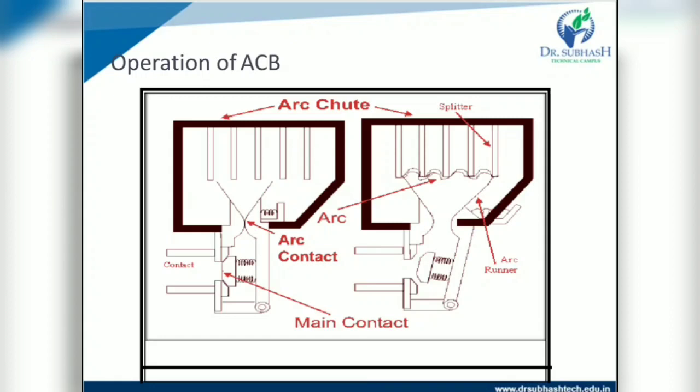Now the working of the air circuit breaker. When a fault occurs, the main contacts separate first and the current is shifted to the arcing contacts. Now the arcing contacts separate and the arc is drawn between them. The arc is forced upward by electromagnetic force and thermal action. The arc ends travel along the arc runner. The arc moves upward and is split by the arc splitter plates. The arc is extinguished by lengthening, cooling and splitting.